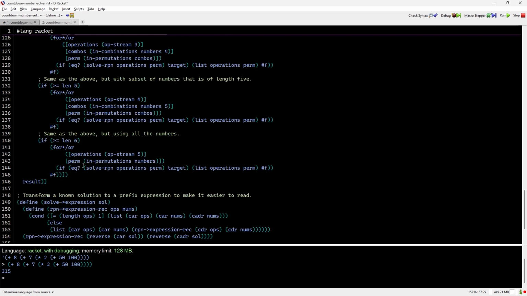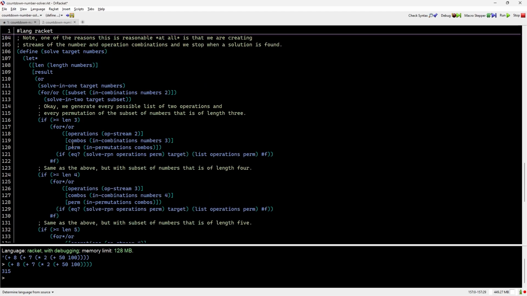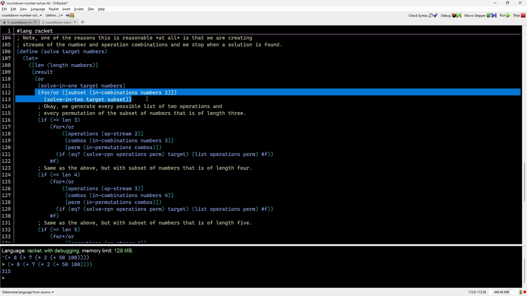Not to do anything else. And that's the end of it. So again, it's kind of verbose, but it's a very naturalistic way of doing it. It's very inductive. You can either solve it trivially, you can solve it with any subset of 2 numbers and